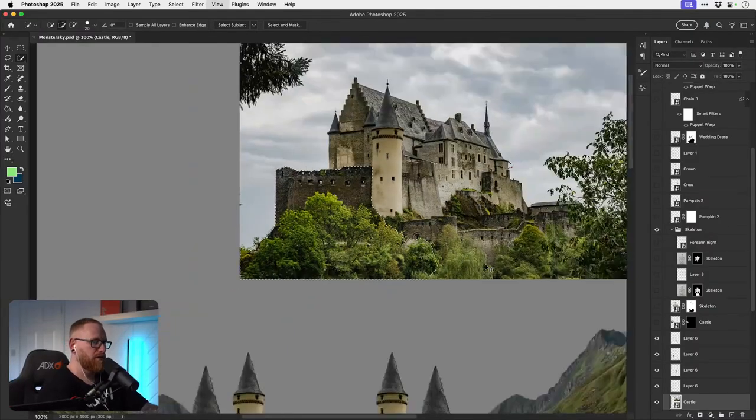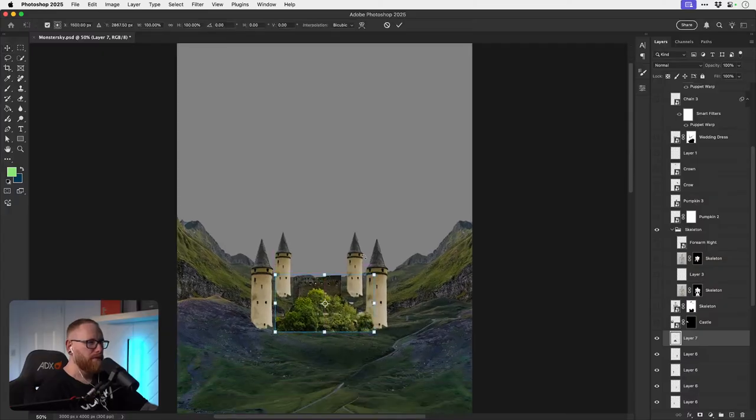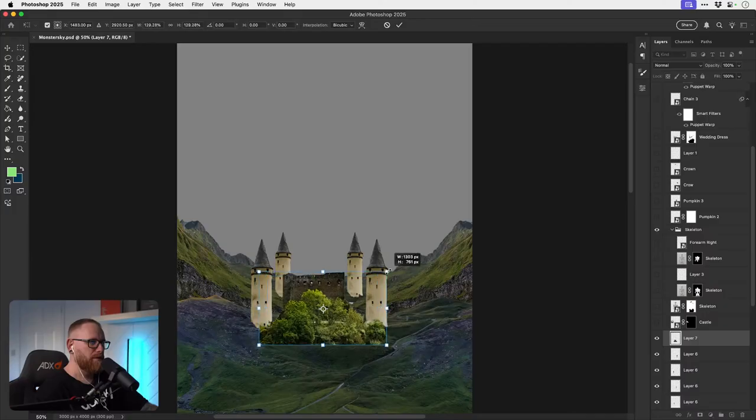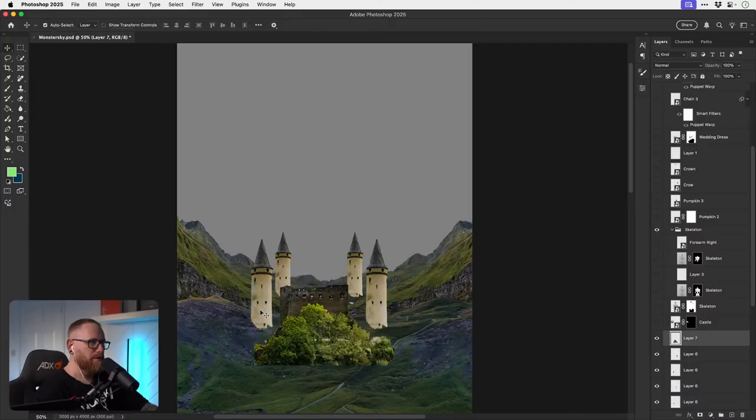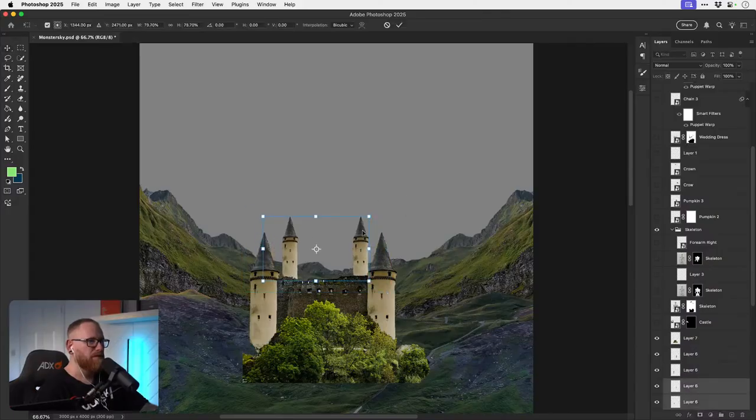Very nice. Okay, maybe we have to make the castle a bit smaller. And these two, they will go smaller like this.